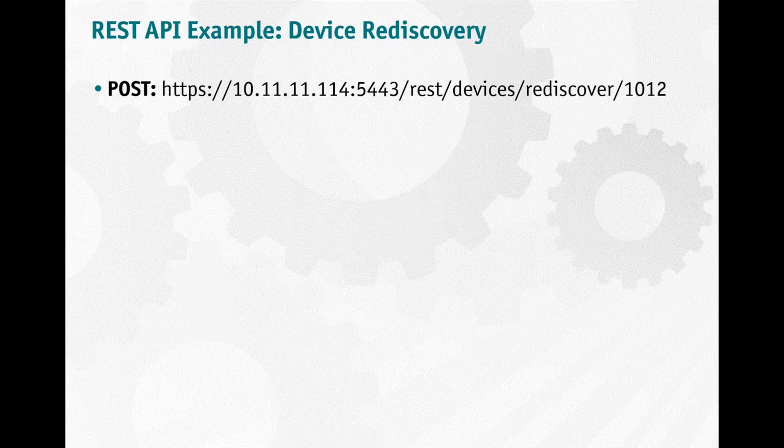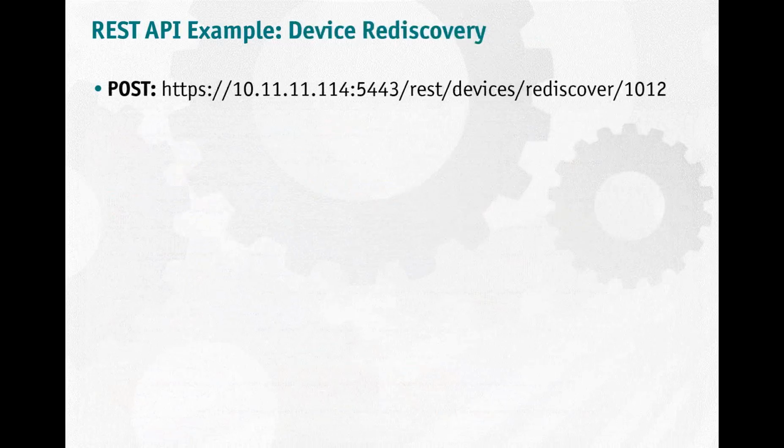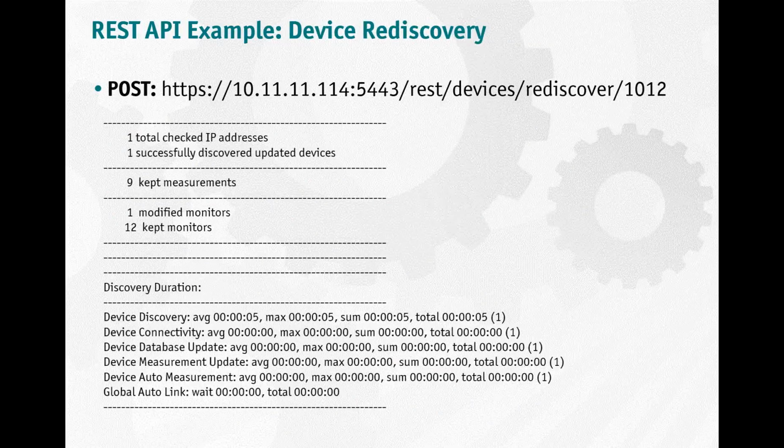So if you want to rediscover a device, you need this object identifier, but remember, we can get this device list, and in this device list all object identifiers are listed. So this is one object identifier, this is another one, this is one. And these numbers can now be used to start our rediscover, and the result will be